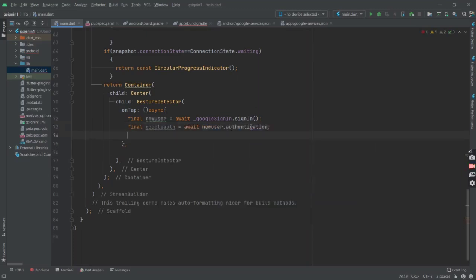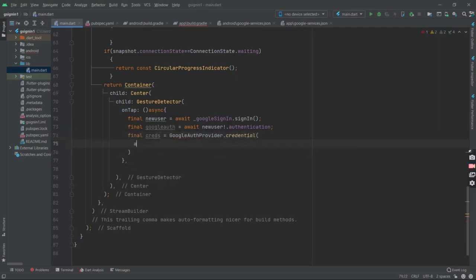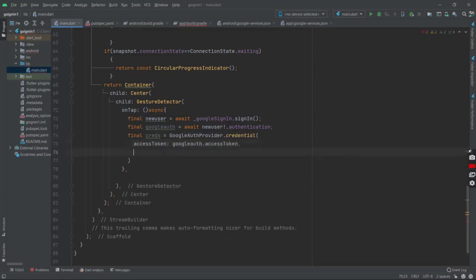Now we will make a variable called creds, and we will store Google Auth provider dot credential. So basically we are storing all the credentials of the current signed in user, the user which we are going to sign in. So access token, ID token will be Google Auth dot ID token.